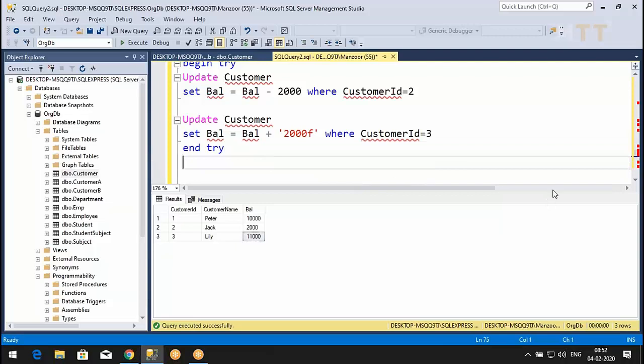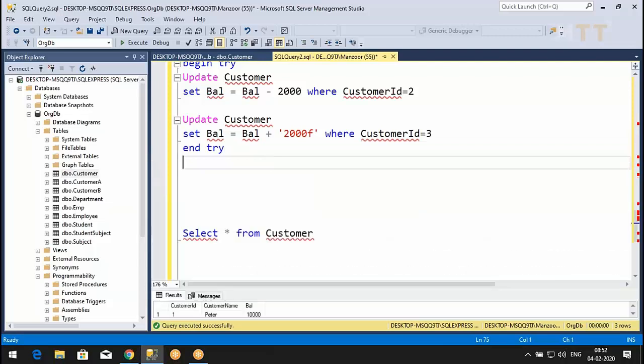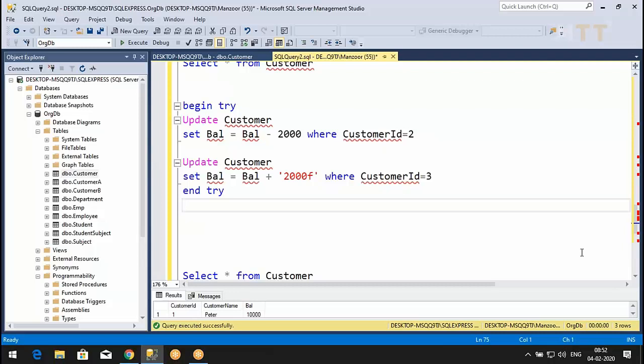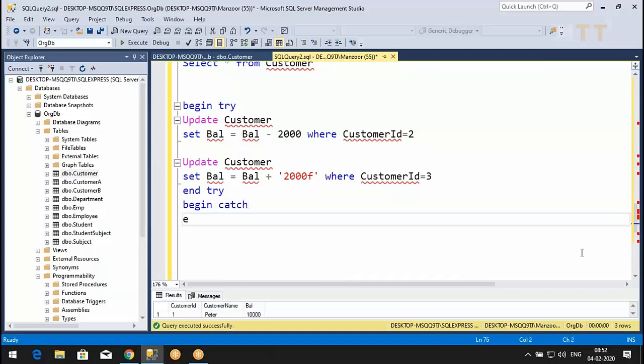And here I'll say begin catch and end catch. In catch, I will display an error message, so I can use print to display some message: operation failed.